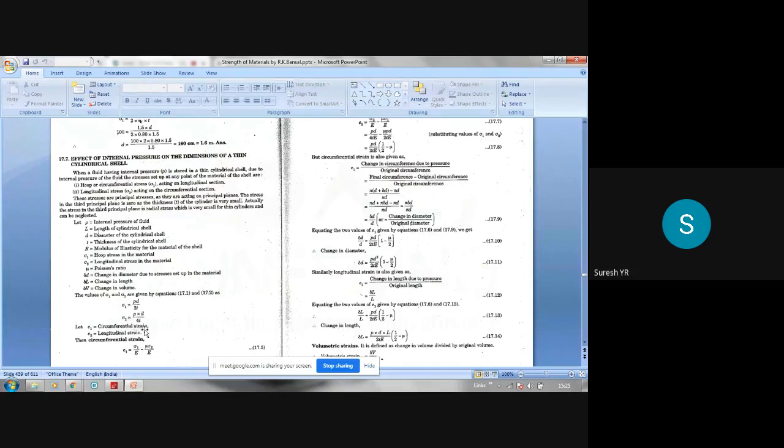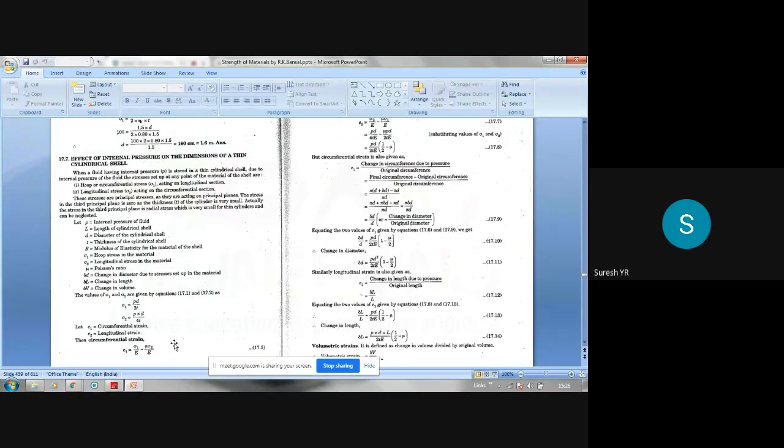Now, one important thing here is we are going to use the generalized Hooke's law. As I already told, sigma 1 and sigma 2 are mutually perpendicular to each other. Sigma 2 acts along the longitudinal direction, whereas sigma 1 acts along the circumferential direction. Once they are mutually perpendicular, you can find out the strain in one of the directions by